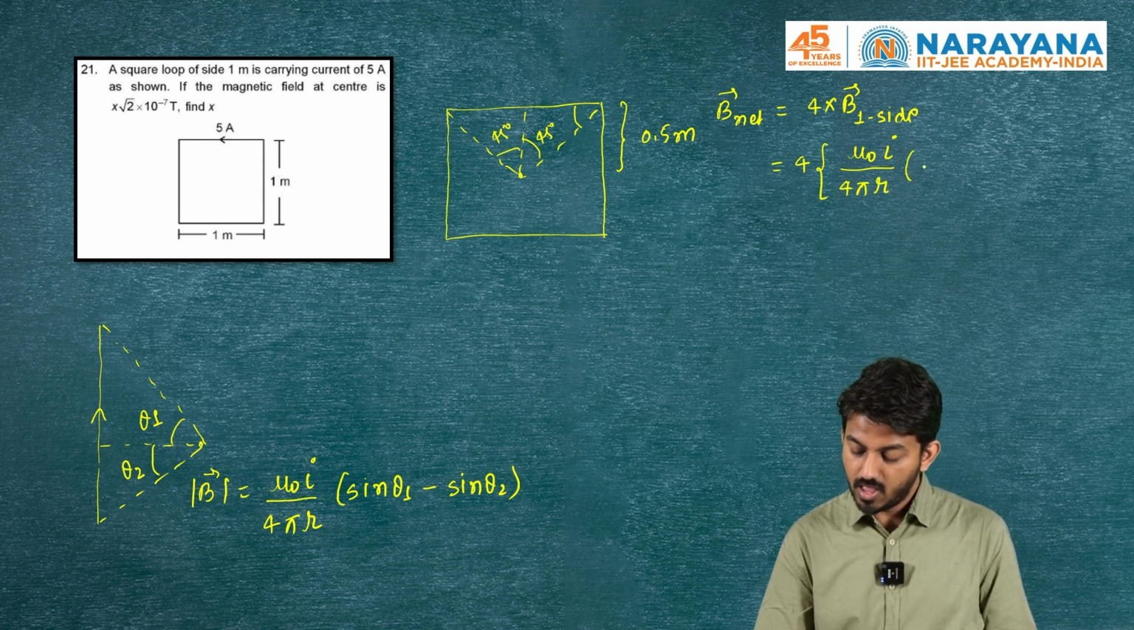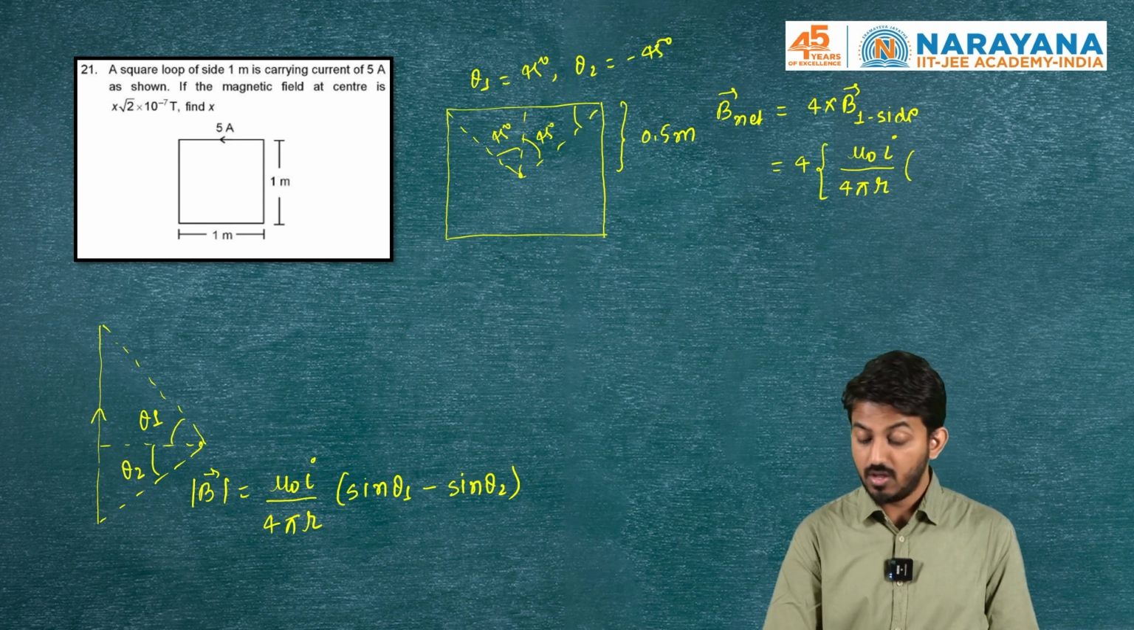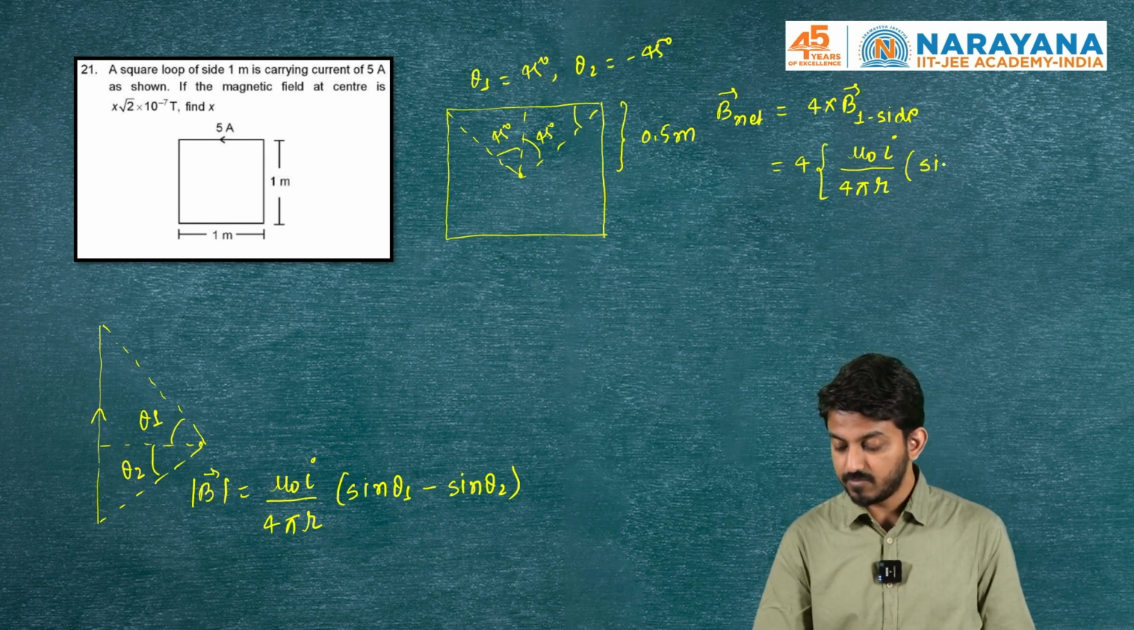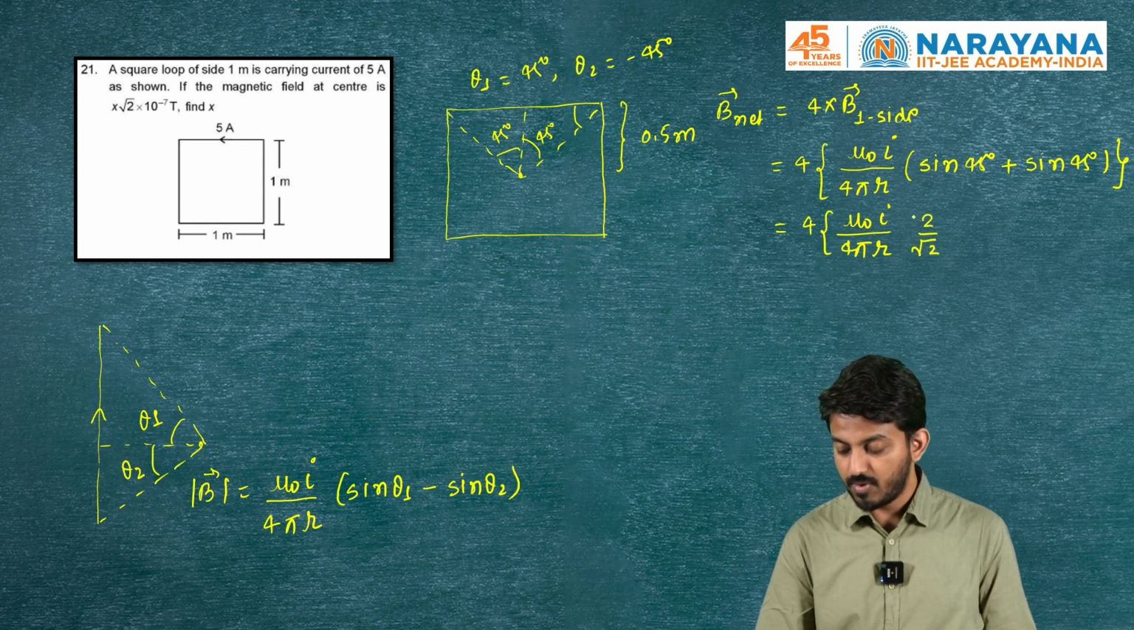4 pi r. Now theta 1 and theta 2 in this case are going to be 45 and theta 2 is going to be negative. It's on the opposite side, no? So negative, giving us sine 45 plus sine 45. So our answer being mu naught I by 4 pi r. Sine 45 is 1 by root 2 plus 1 by root 2, I get twice by